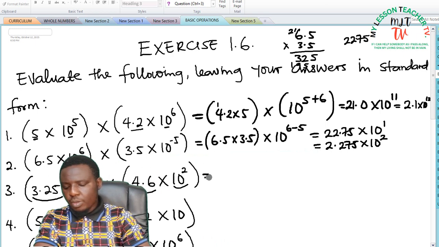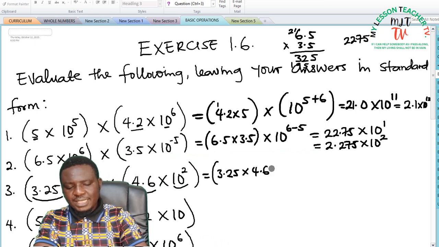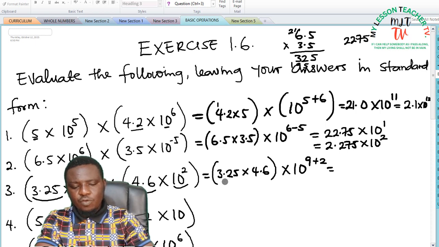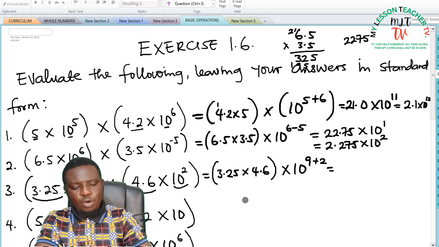3, we have to multiply, so this becomes 3.25 times 4.6 times 10 raised to the power of 9 plus 2. So when you're asked to multiply two indices, you add their powers. This is equal to, if you multiply 3.25 times